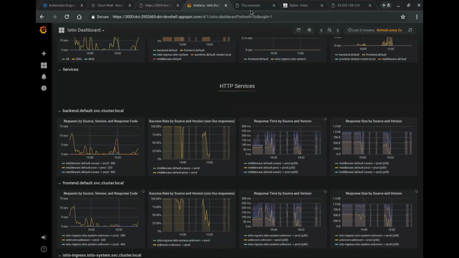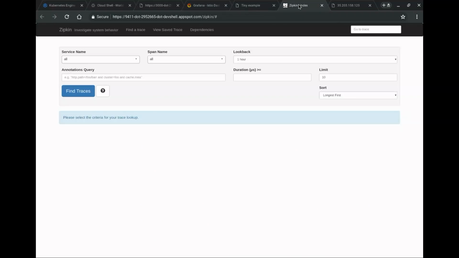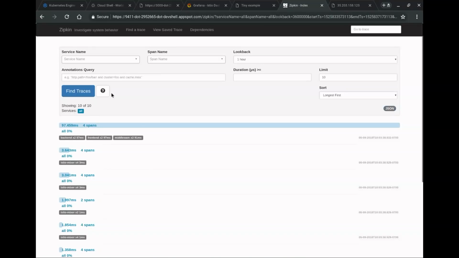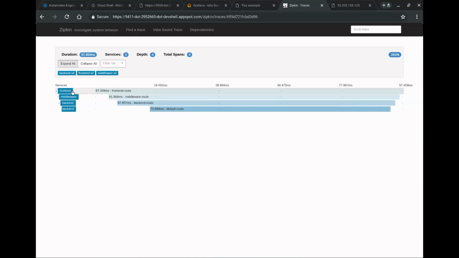And then finally, we can use something like Zipkin or Jaeger to do tracing. So our Stackdriver Trace, a lot of these tools all work. So let's find some traces. You can see here, we can see our front end talks to our middleware, talks to our back end. And we can see that obviously the back end takes the longest amount of time because it's talking to our external service, right? But even more interesting than this,